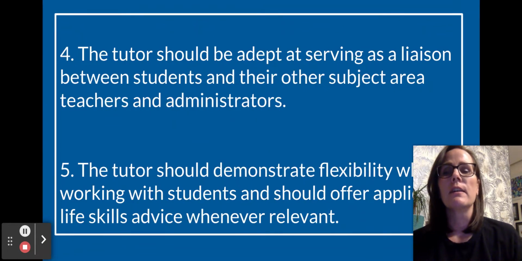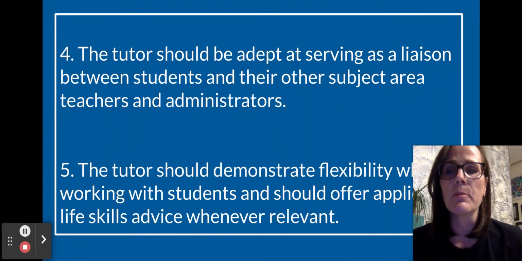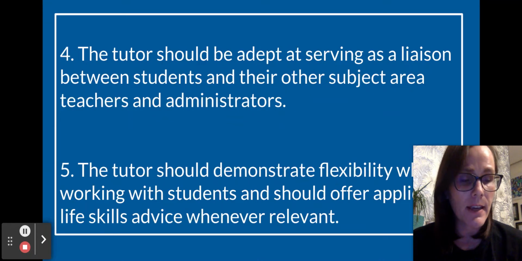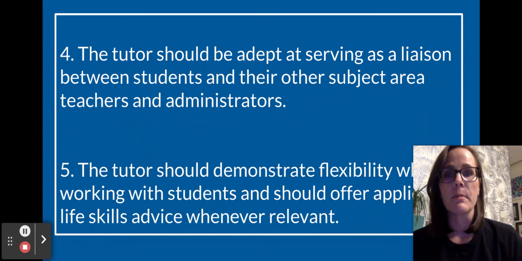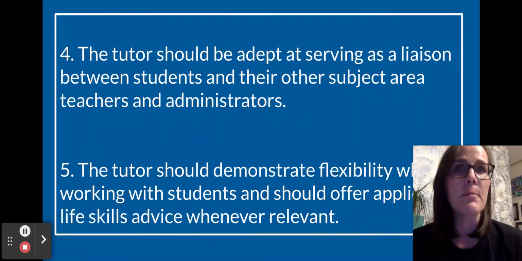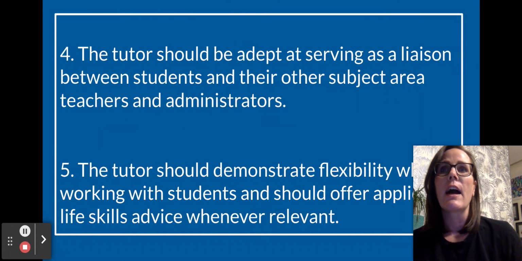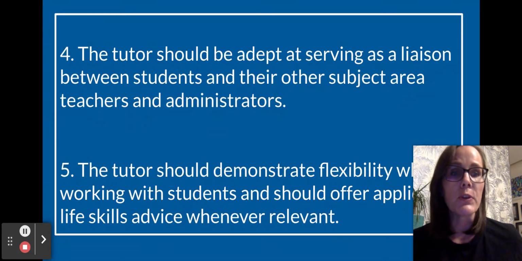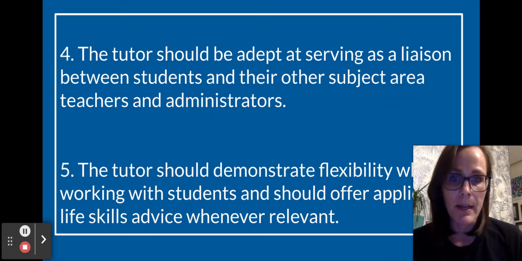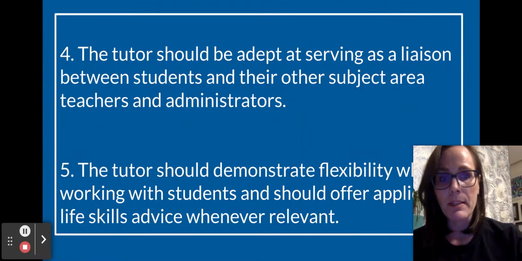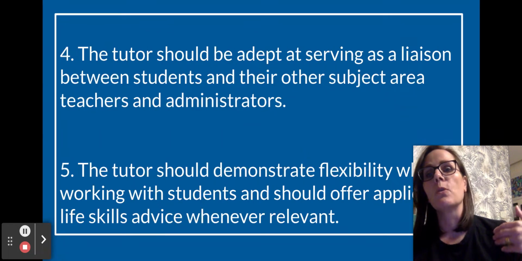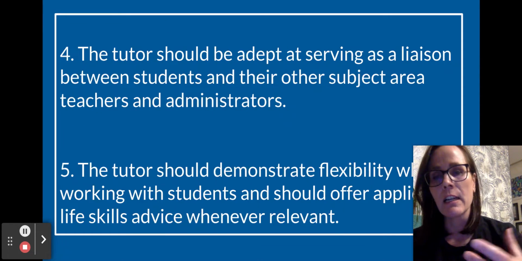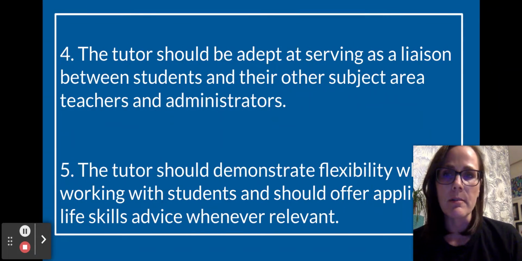The fourth thing that a tutor should be able to do is to serve as a liaison between students and their other subject area teachers and administrators. Many times, if students are having some academic difficulties or social emotional difficulties, the tutor will be the first person that they might speak to. Sometimes these kinds of situations need to be taken to other people. So the liaising aspect cannot be underestimated,